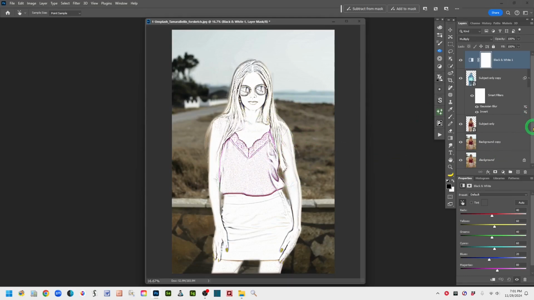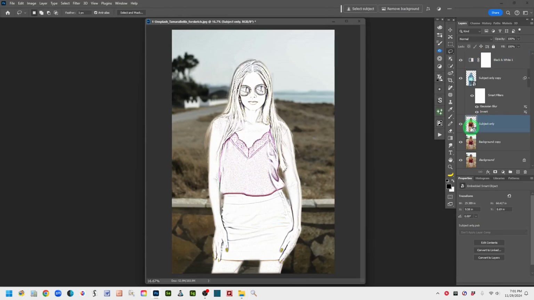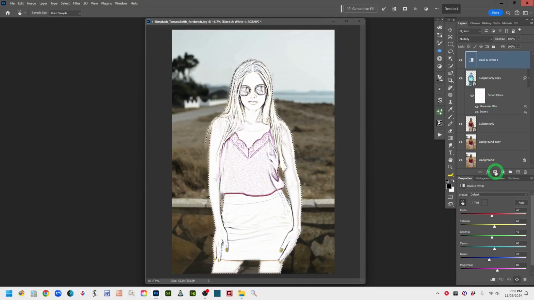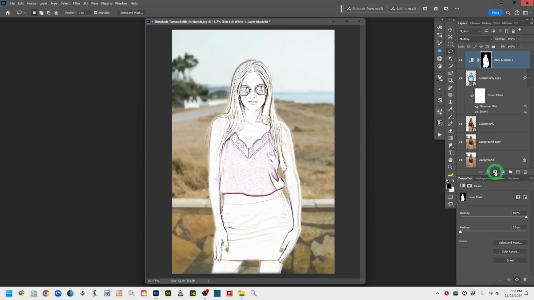So I'm going to come back down in the layer stack. I'm going to come back to this subject only layer and left click on it to make it active. And I'm going to do a control click on this layer to make a copy of that. And then I want to come up to this black and white layer, toss out the black and white layer mask, just click Alt or Option and drag it down, and then create a new layer mask by coming to the bottom of the Layers panel, clicking on the box with the circle,